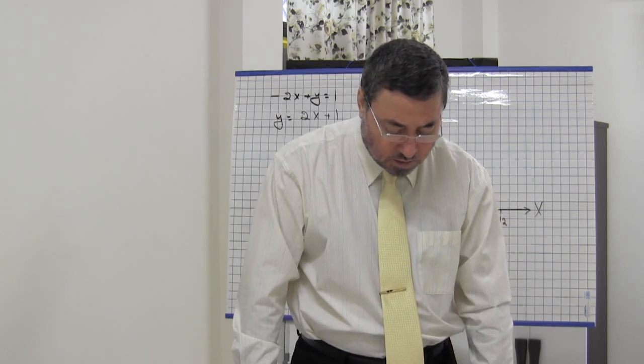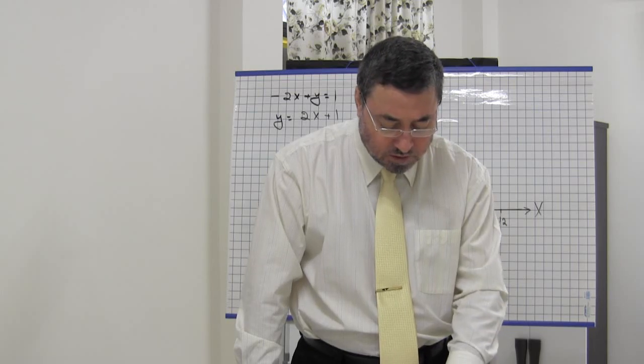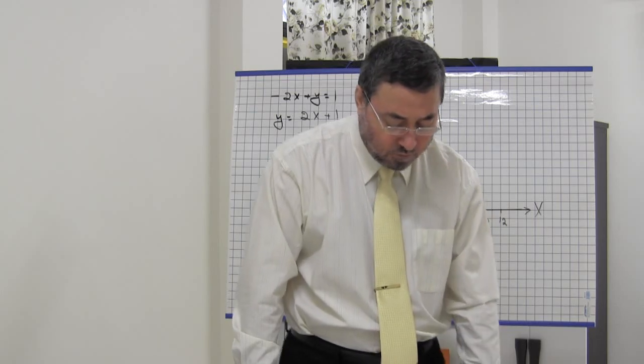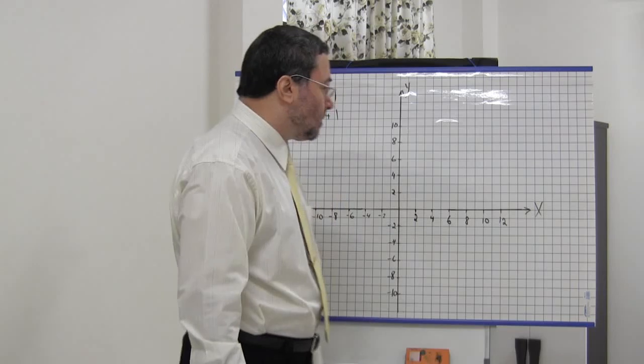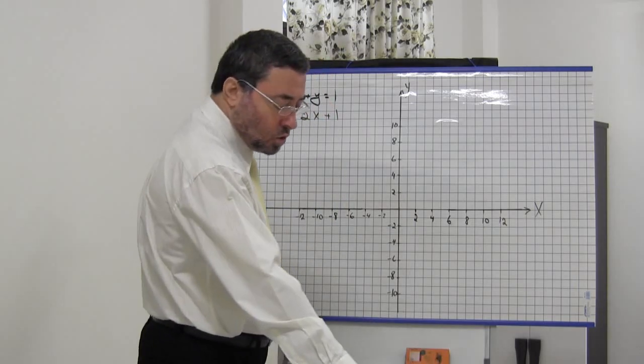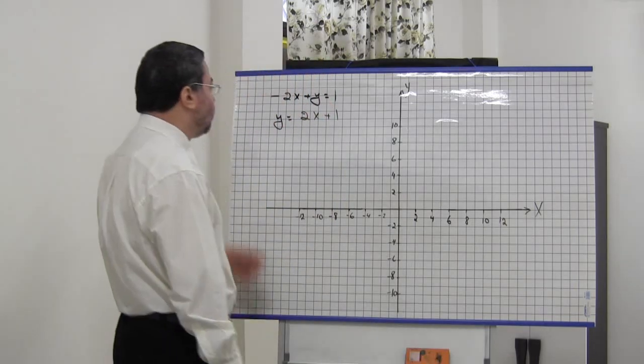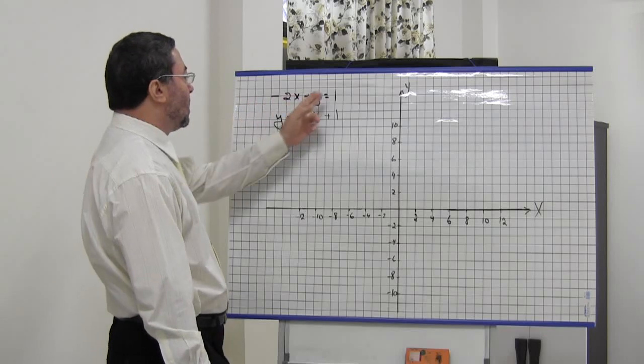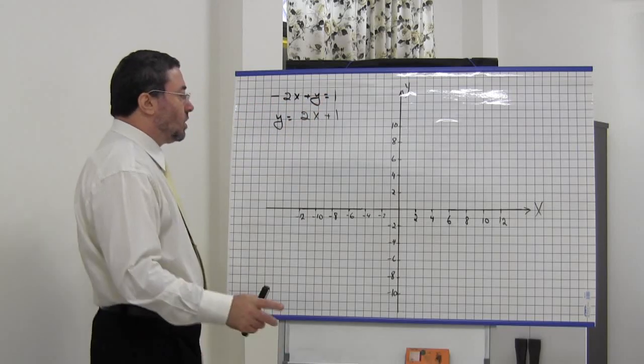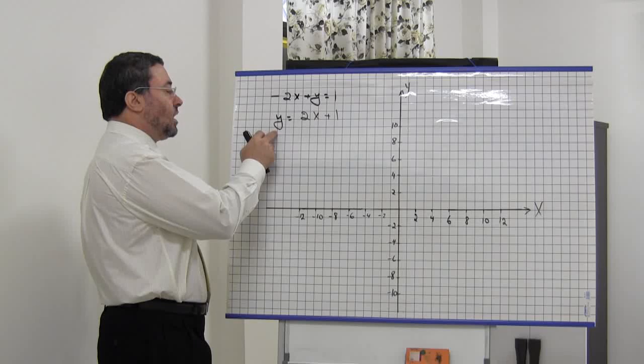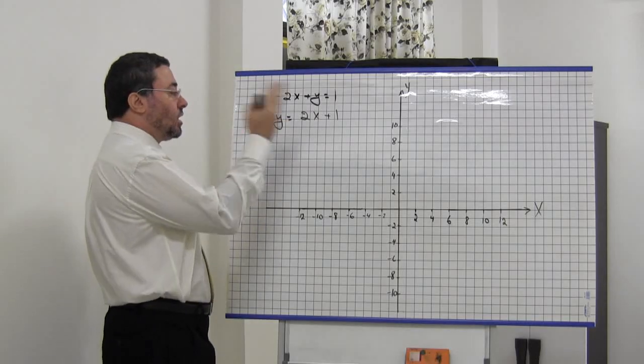This is the second session for this chapter. In this session we are going to learn how to graph linear functions. And we're going to do example number 1 in the book, minus 2x plus y equals 1. The first thing we do is keep y on one side of the equality sign and take everything else to